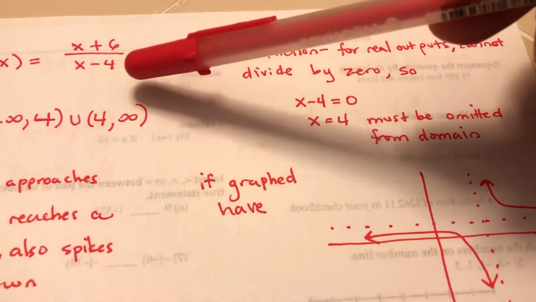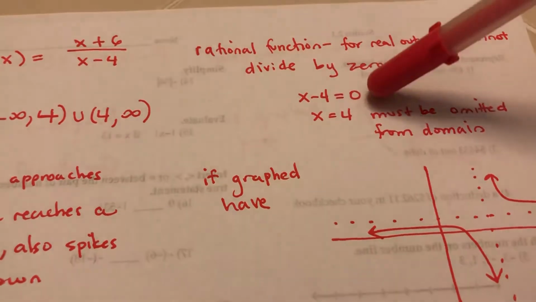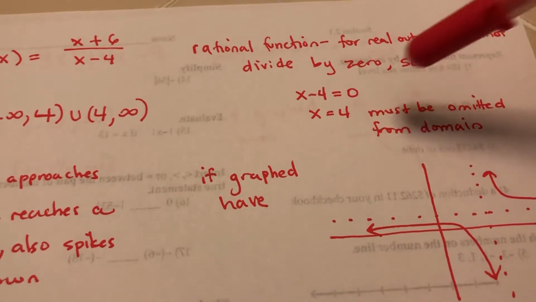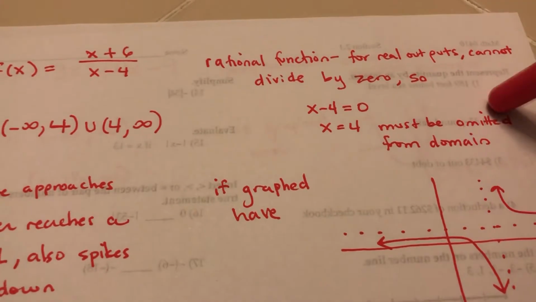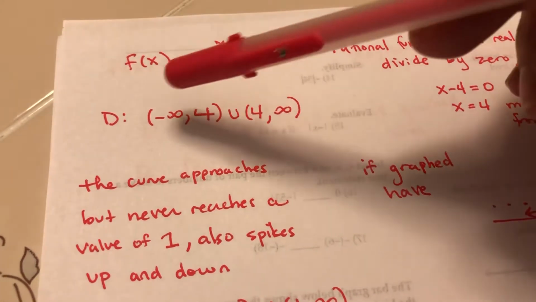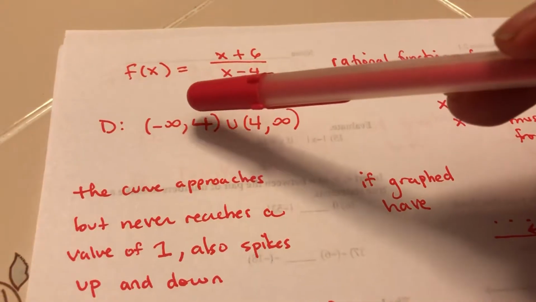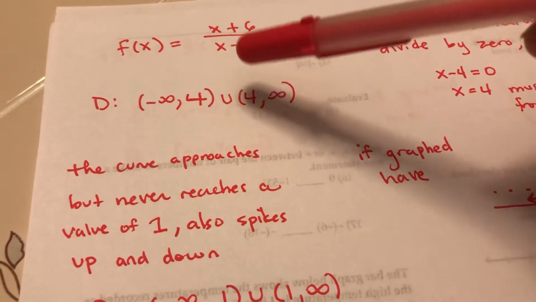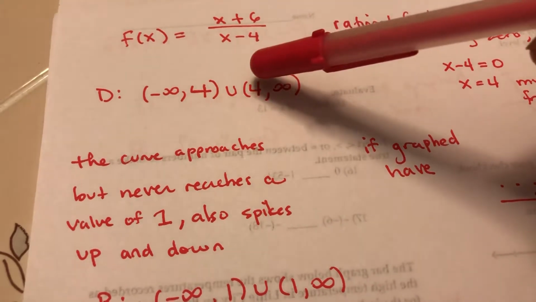So I'm going to, again, pull off the part that's possibly going to give me a 0. That's going to be problematic, so the x minus 4. I'll set it equal to 0 to see where that happens. It happens when x equals 4, which means this is the value I have to actually omit from my domain. So any other number works except for 4. So I can have anything from negative infinity, and I can get really close to 4, but I don't actually include the 4. So I'm going to put the 4 in a parenthesis, and then I'm going to have this union because I'm going to hop over the actual value of 4, and then I'm going to have from 4